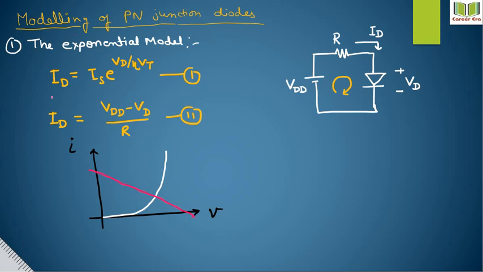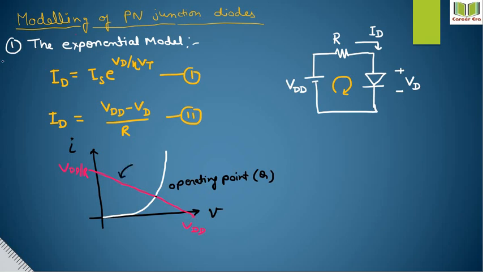Okay, this is the VDD, and this is the VDD by R. And this cut point is represented as the operating point or Q point. Okay,